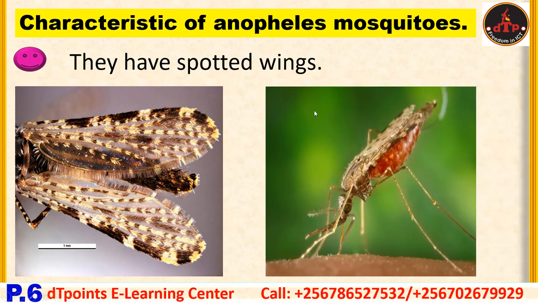You can look at this one here. The abdomen itself is red. It contains blood. That's why you see it is red. But the insect is lying in a vertical position. That is the resting position for that Anopheles mosquito. Vertically, it is a resting position.